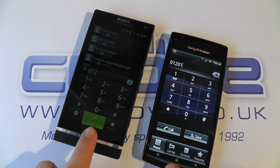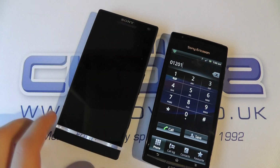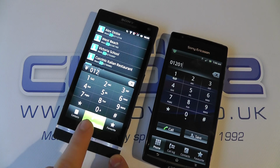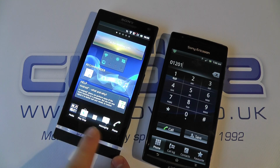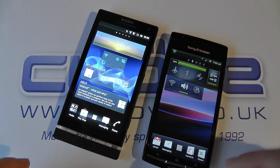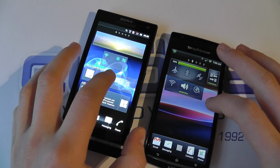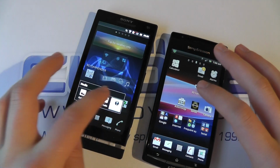We've also got the change down here of the buttons. We've got these touch sensitive ones now on the Xperia S. So you've got this illuminated bar which has the antenna in it, and it looks quite nice, but you've actually got to just touch just above it on the little dot that you might be able to see there on the front of the device, whereas you've got the actual physical buttons on the original Arc. So if we were to go into the camera,